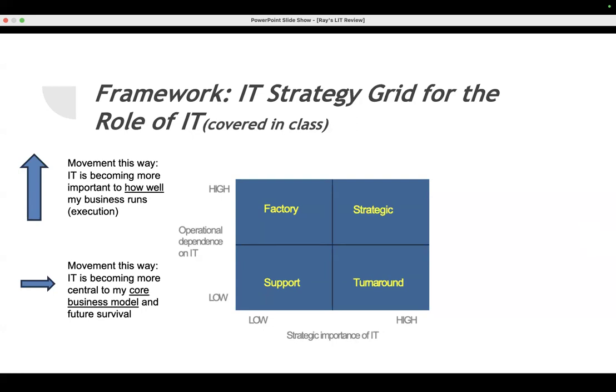Depending on where the business is, they'll fall into one of the four categories, which I'll try to put in very generic terms. But first, to categorize and understand what movement on the grid represents: if you're moving up on the grid, increasing the operational dependence on IT, it's your business having more and more IT systems that affect its day-to-day